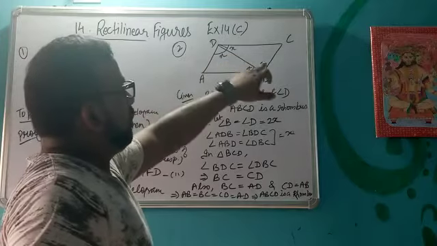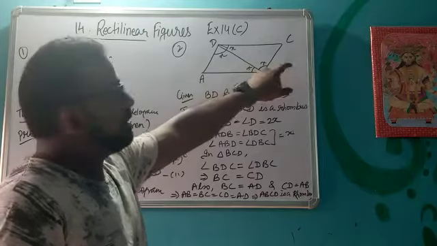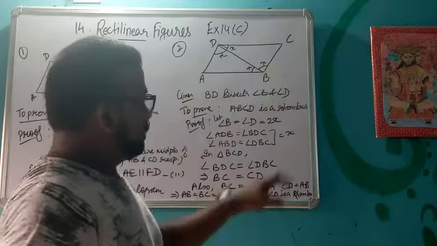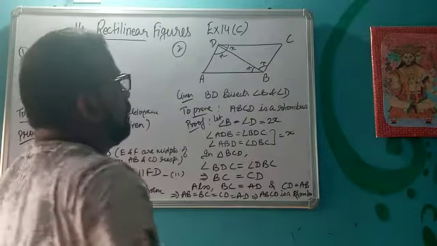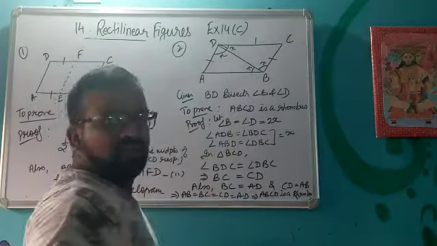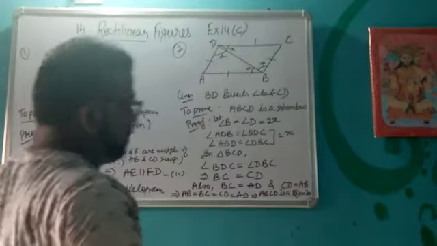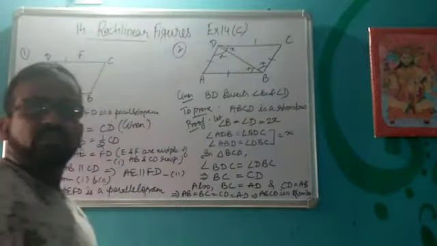These all four angles are x. So this is x, this is x. So these two sides are equal to each other. Now it becomes an isosceles triangle. So BC will be now equal to CD. And BC is already equal to AD, and CD is already equal to AB. So these all four sides are equal. So ABCD becomes a rhombus.